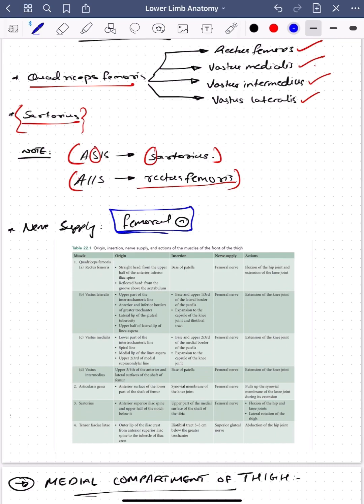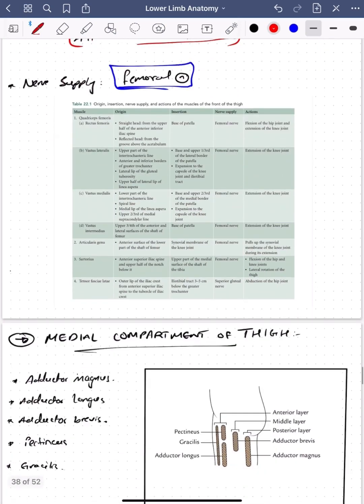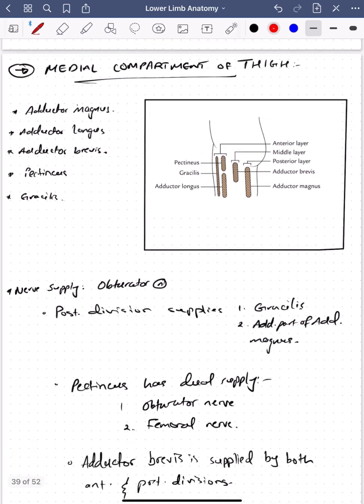Moving on, the medial compartment. The muscles in the medial compartment basically take origin from part of the pelvis, and they are inserted into the medial side of the femur. So what would their action be? It is basically adduction. Okay, adduction means bringing a part of the body closer to the midline axis. So we can remember the medial compartment of thigh is involved in adduction, and hence it has 3 adductor muscles: